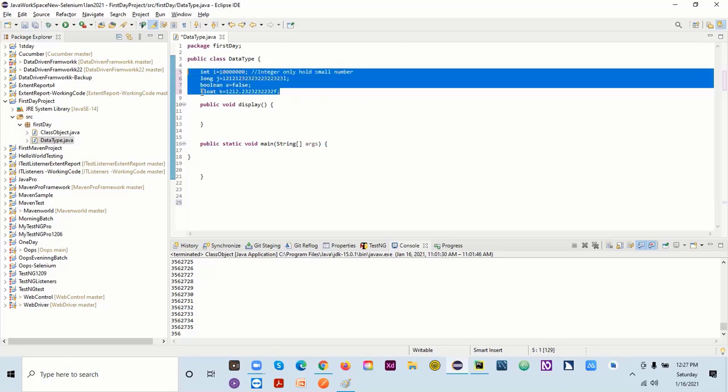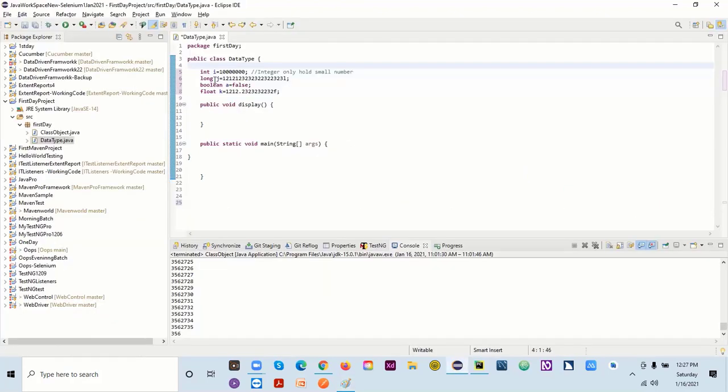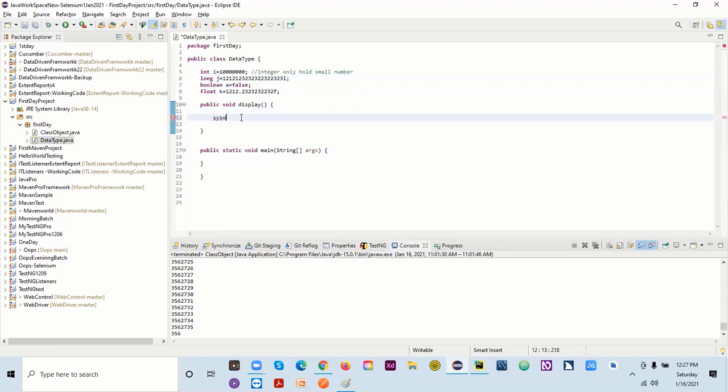Now this is my primitive. It is done. Now let's see what a reference variable is. Suppose I want to access this integer. Let me do one thing. I'm writing one more line, and I'll explain what I'm doing.